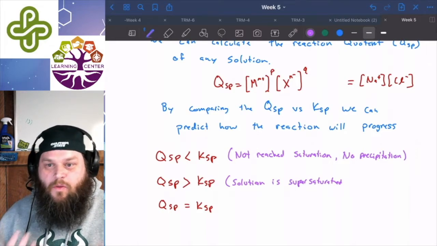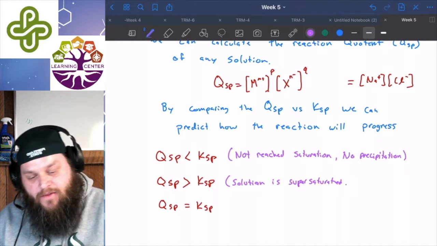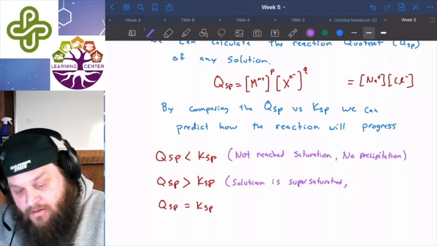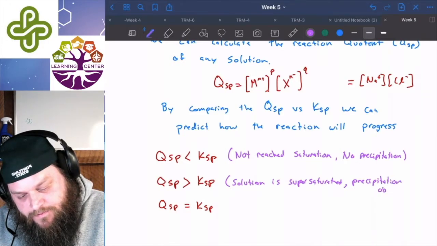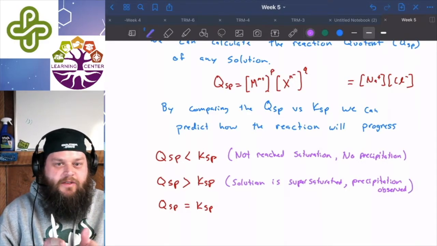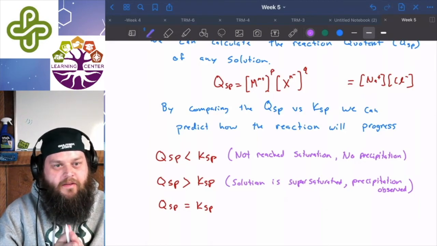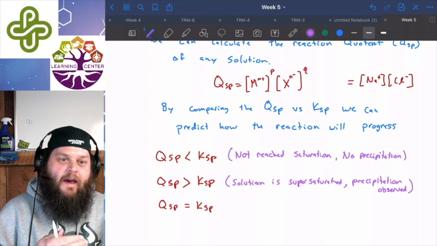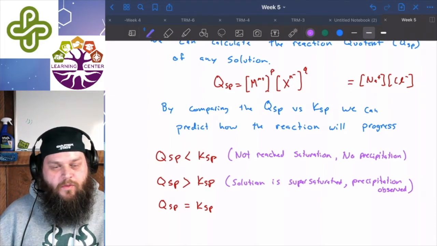So that means we're going to have some precipitation, if I can say words. Because up until the point of saturation, everything's going to be fully dissolved. And at that point, or anything you add after that point, excess of saturation, you're going to have that solid